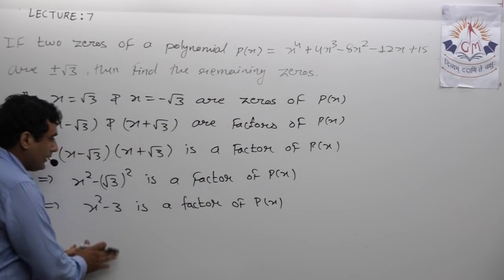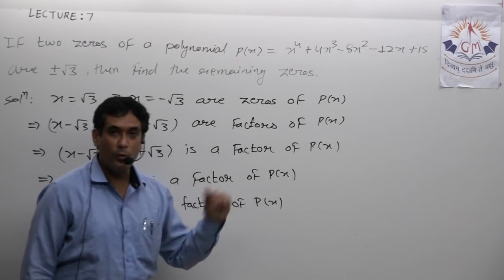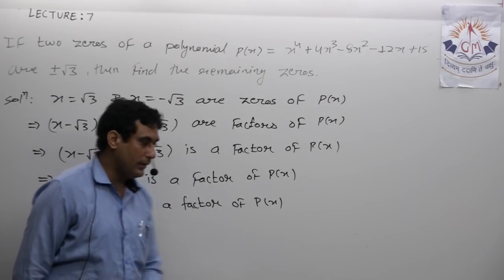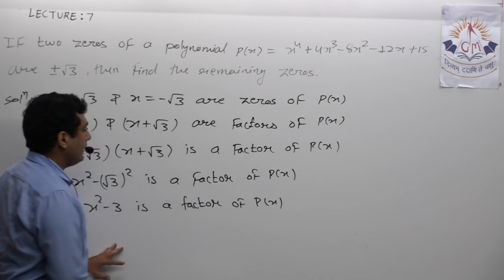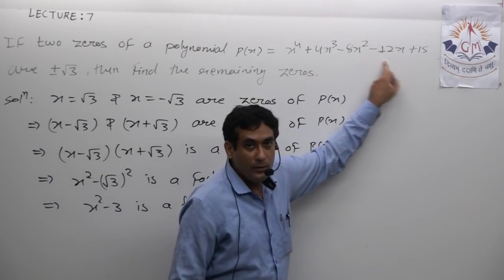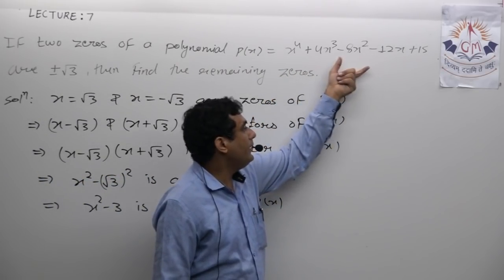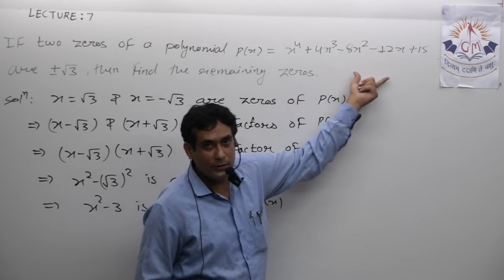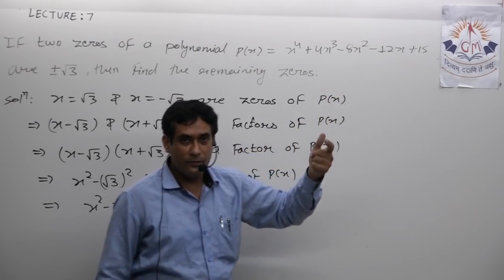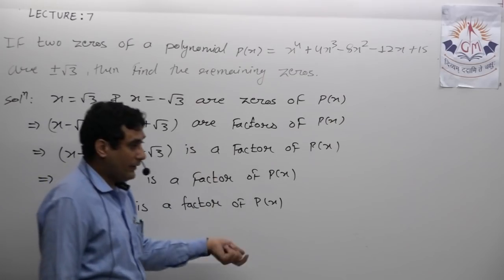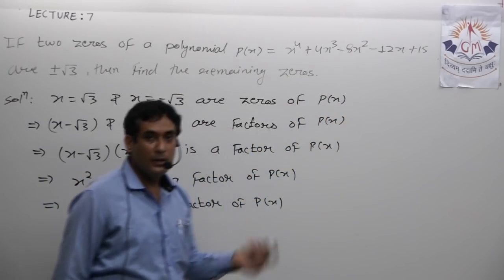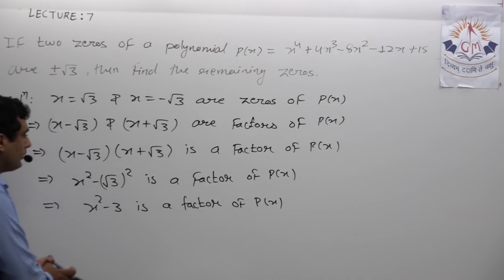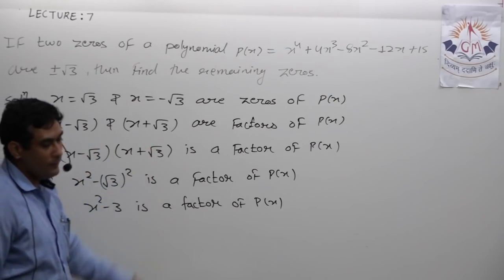So here we have this information that x square minus 3 is a factor of the given polynomial. Now using this factor we have to obtain one more factor, and after obtaining that factor we will be able to find the remaining zeros. Now as x square minus 3 is a factor of the given polynomial, obviously the remainder will be 0, and when we divide this p(x) by this x square minus 3, we'll get a quotient, and that will actually be the other factor of the polynomial, and by factorizing that quotient we'll get the remaining two zeros of the given polynomial. So first of all, note it down up to this point, then we'll see the division algorithm.